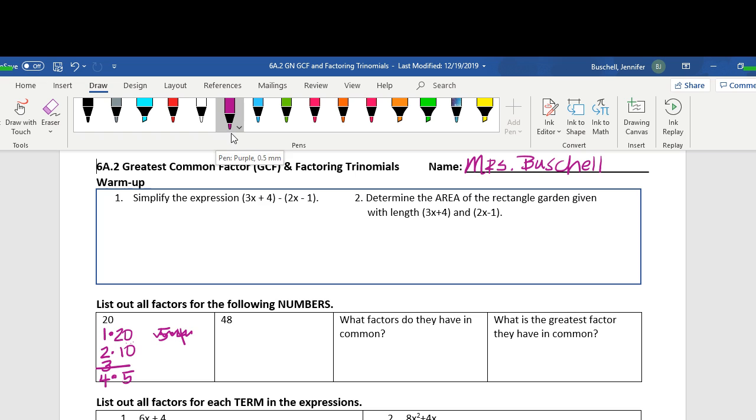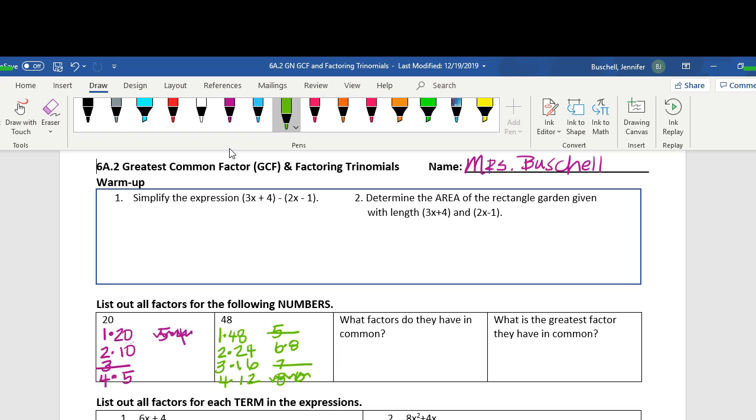All right, I'm going to do the same thing for 48 now. So I'm going to start with my counting numbers. 1 times what gives me 48? 48. 2 times what gives me 48? 24. 3 times what gives me 48? 16. 4 times what gives me 48? 12. Can 5 go into 48 evenly? I don't want decimals or fractions. Nope. 6 times 8. 7 cannot go into 48, and then I'm back at 8 times 6, which again is a